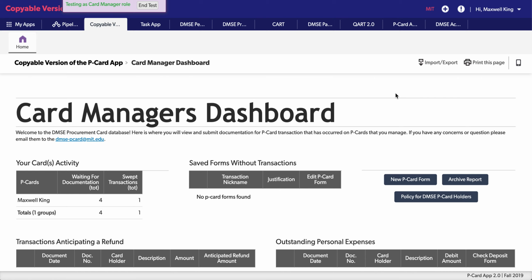In this video, I just want to go over what the card manager's dashboard looked like and what each of the tables is on the dashboard for the card manager. So when you first sign into the QuickBase app, you should come to this page. As a card manager, you'll always come to this home page, and it should be kind of a concise way